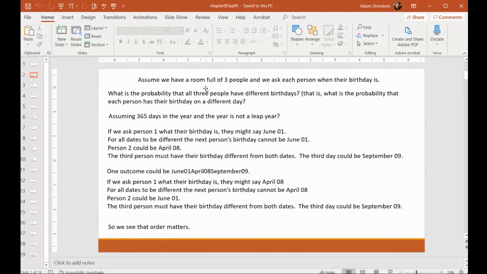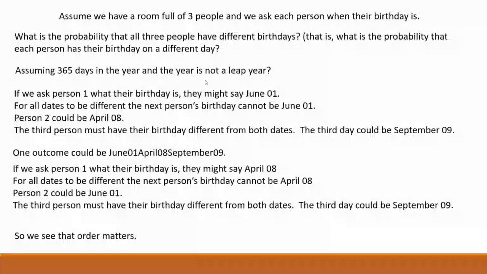All right, good. So basically, here, order will matter. Clearly we can't have repetition. Hopefully that's easy to see. But we want to make sure that order does matter here. And I'm trying to show you why through the slide. Mostly because if we ask the first person when their birthday is, the second person's birthday has to be different. If the first person says, for instance, June 1st, then the second and third person